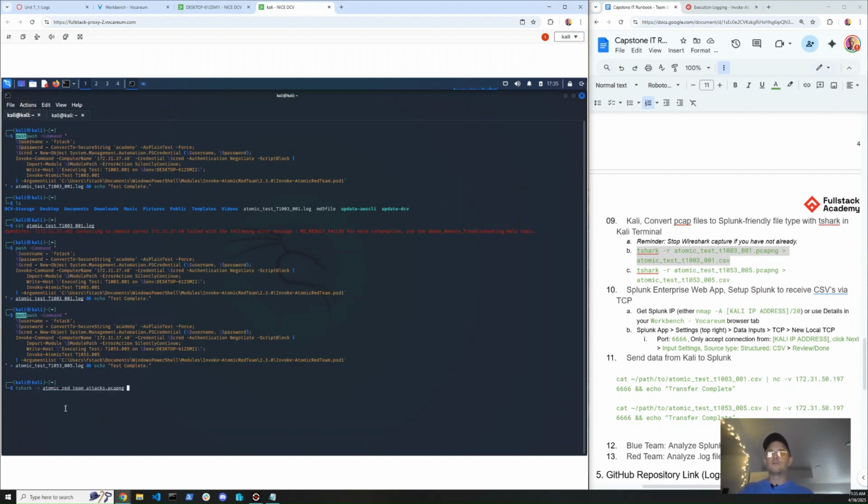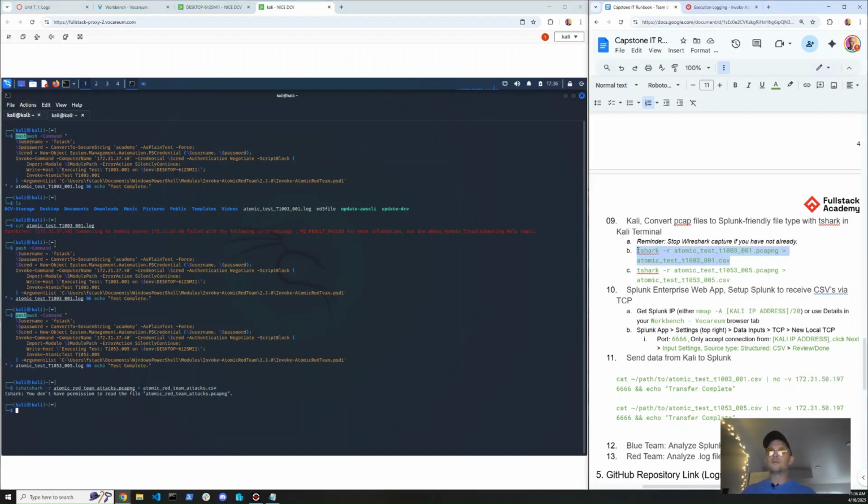Press tab to autofill it, and then output as atomic red. See, I was just trying to be simple here, but and then .csv. We're in the correct directory, so we don't need to specify any paths. Go ahead and hit enter,